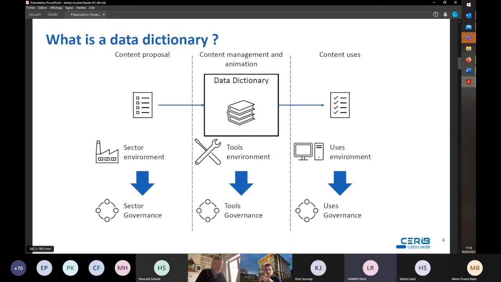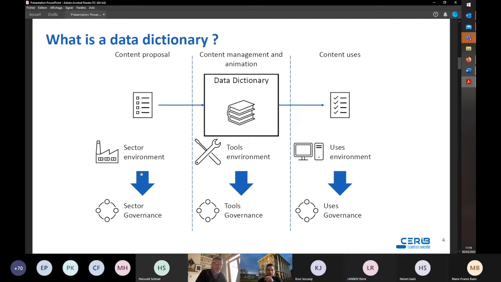Each of these three environments needs a particular governance, and the governance of the tool is described in the standard ISO 23386. The governance of the user can be created from another standard that you know, I think, ISO 19650.